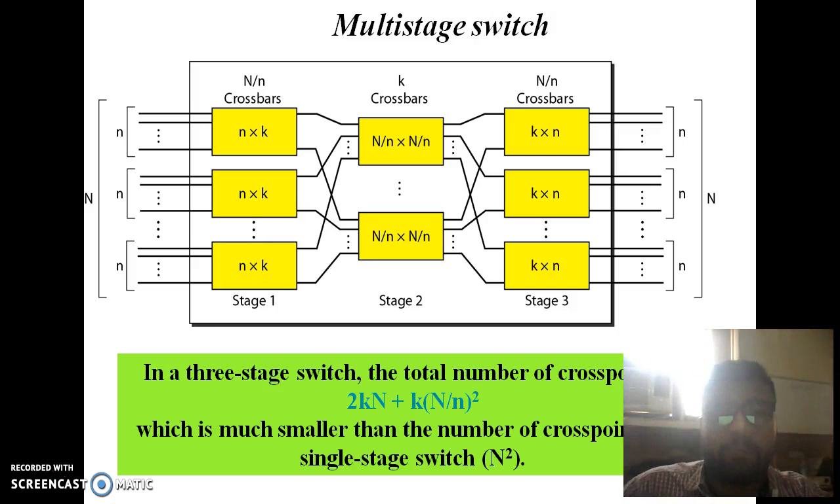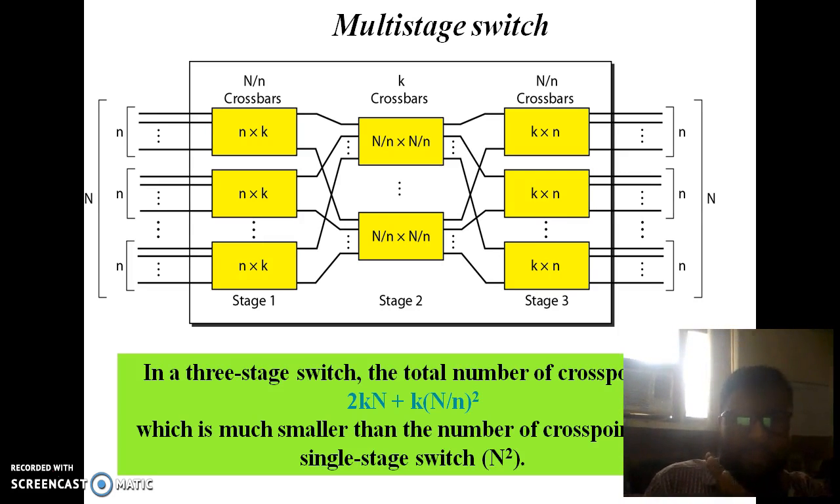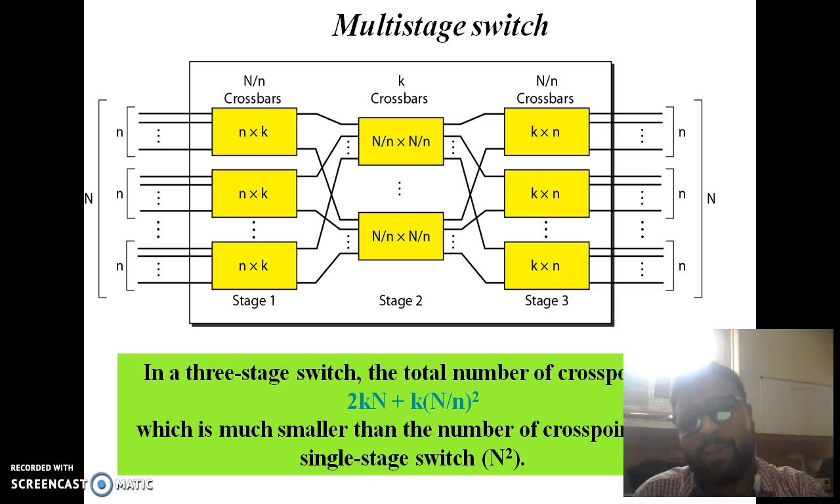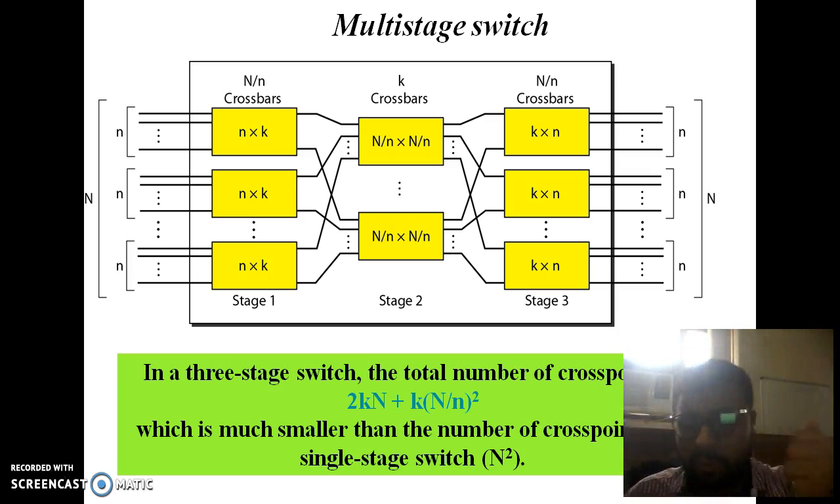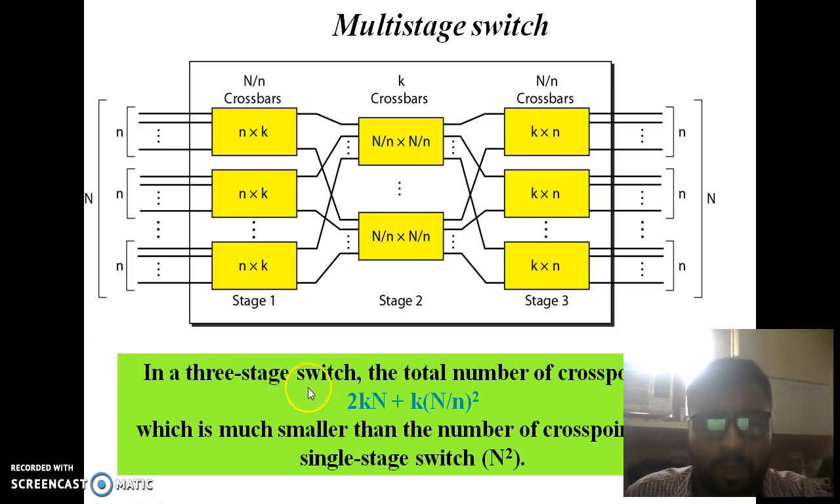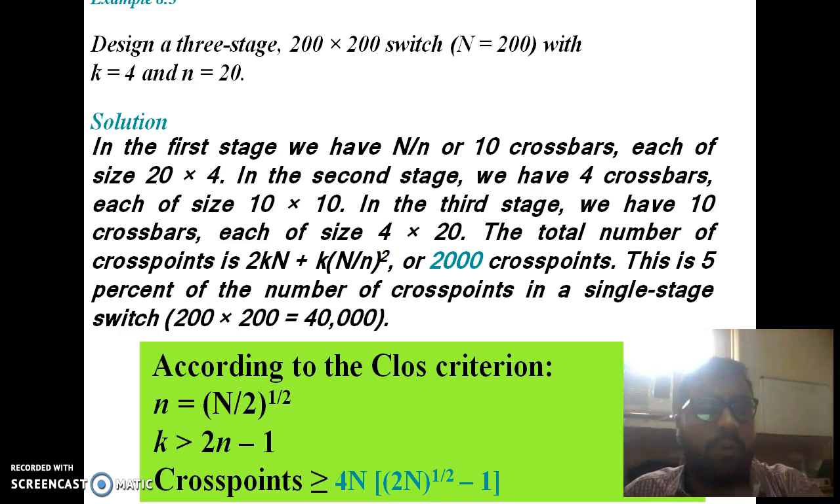So to solve this problem, we developed the concept of multi-stage switching, where you can see that there are three stages of crossbars, and capital N number of users have been divided into small blocks of n, and n by n crossbars are in the first stage, k crossbars are in the second stage, and n by n crossbars are in the third stage. Now the basic advantage of this switch is that the total number of cross points needed will be 2kn plus k(N/n) whole square, whereas the cross points in a single stage switch are N square. So let us say that for the value of capital N 200, the total number of cross points will be